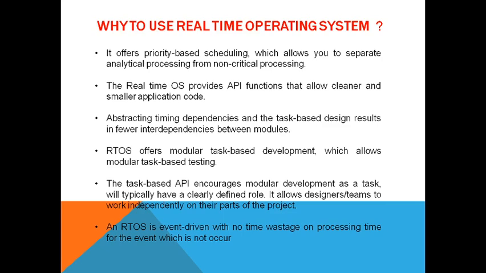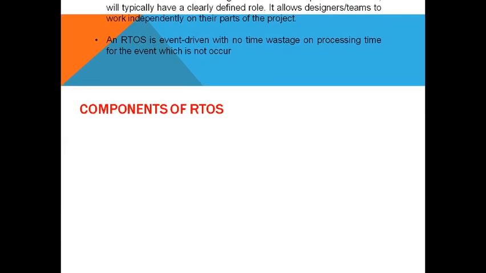And as we know, in a normal operating system there are several functions, but in the case of an embedded system, as they are application specific, there is no use of those unnecessary functions. So to avoid the complexity, we will choose only the desired functions, and those desired functions will be run via these specialized real-time operating systems.